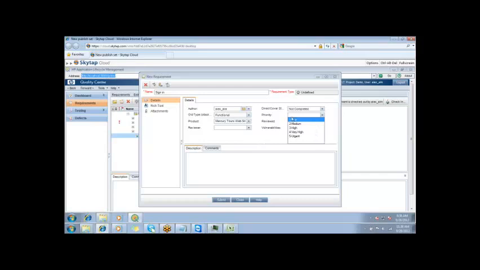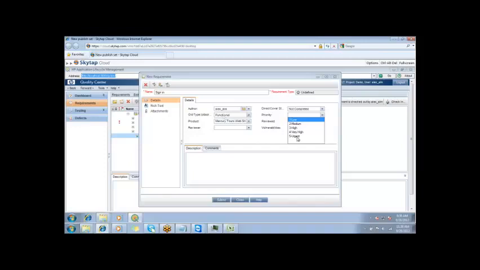Okay. See, priority is decided by you based on the client requirement. Now let's say your client wants this requirement to be tested and released next week only. They want it immediately. Then you can put it as urgent.